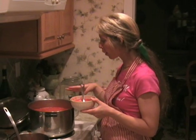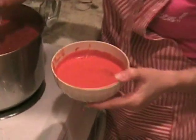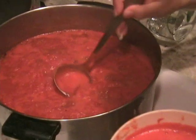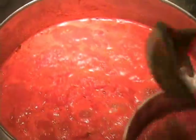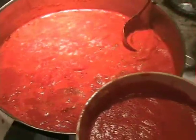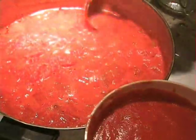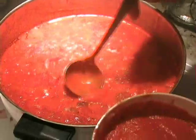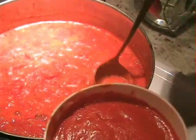Before you can put your ingredients in, or before I do, I always let it boil and start skimming the foam off the top. And this is what it looks like. If you come over here and you can look at the pot, see there's a foam that forms on the top of the sauce. Let me just turn the light on for you so you can see. And I'll just keep going over it and skimming off the foam. Once I see that it's boiling and there's no foam left that's coming to the surface, then I will begin